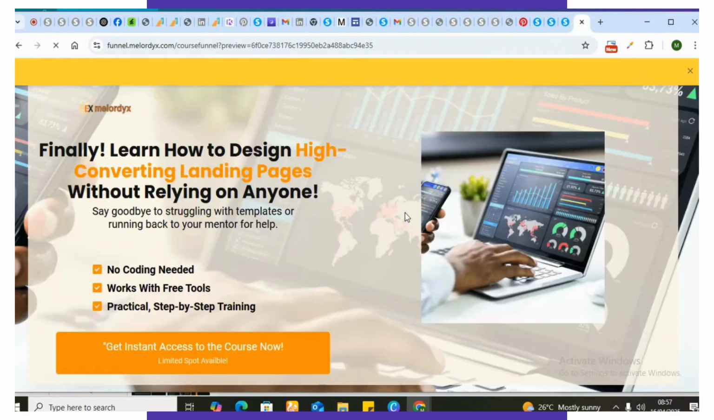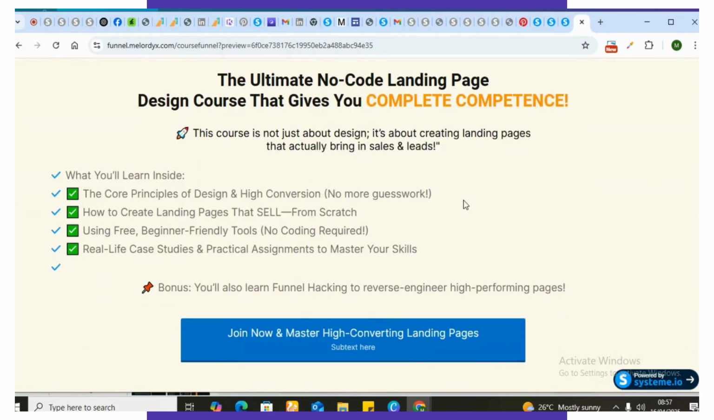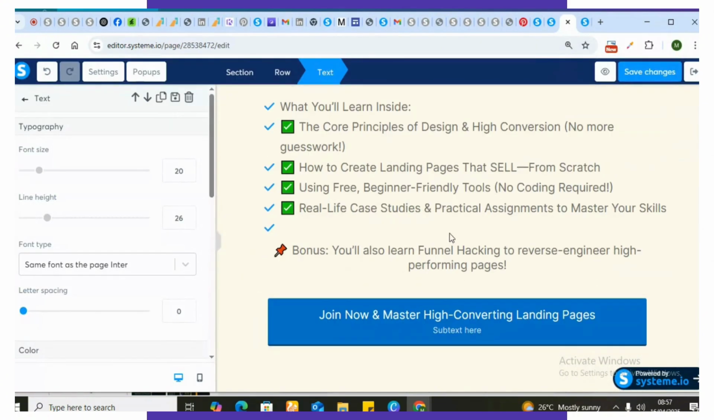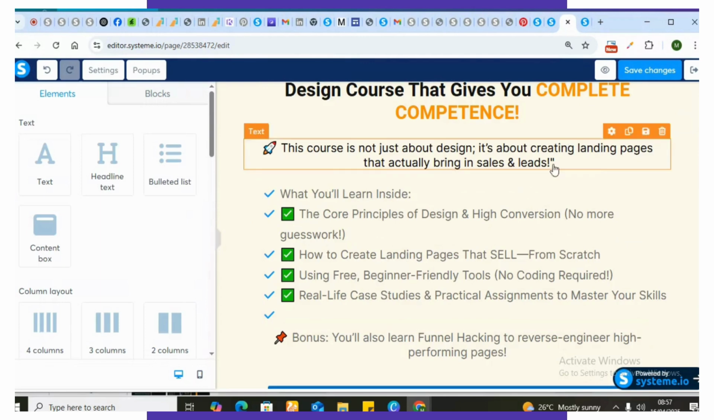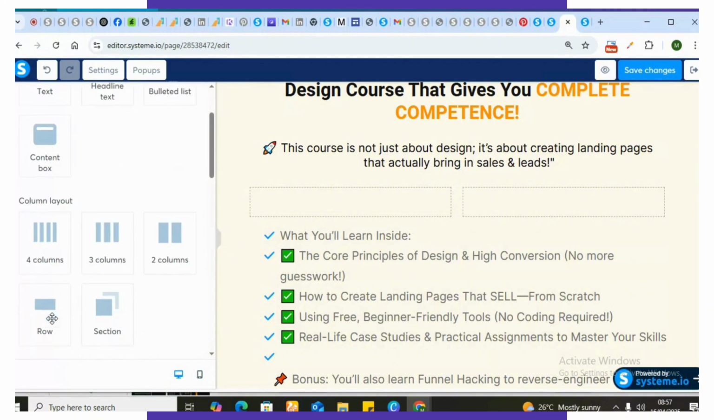So as you can see, this is how it is. It's having a nice shape now. So the next thing to do is to divide this page, that section. You understand? Divide, bring in the two columns element, bring it in here, then bring in a row